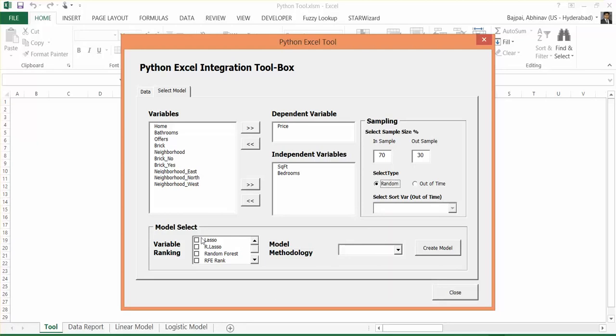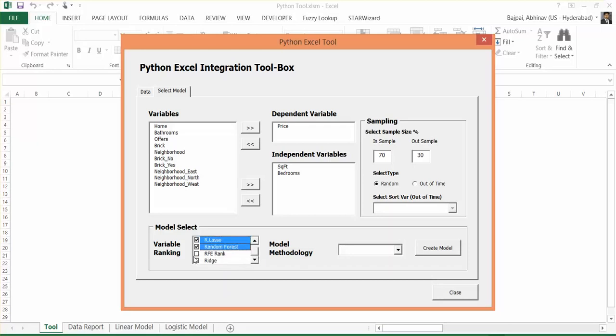Okay, now these are some of the variable ranking algorithms. These are all machine learning algorithms. You can see lasso is there, then random forest is there, recursive feature elimination is there, ridge is there. So all these variable ranking options are present.